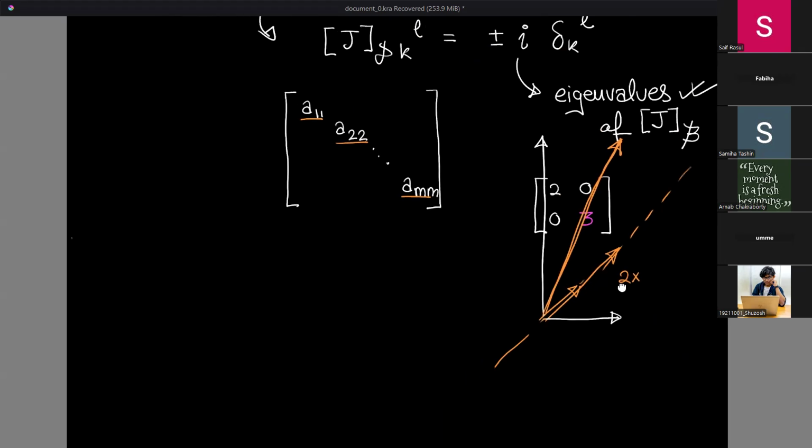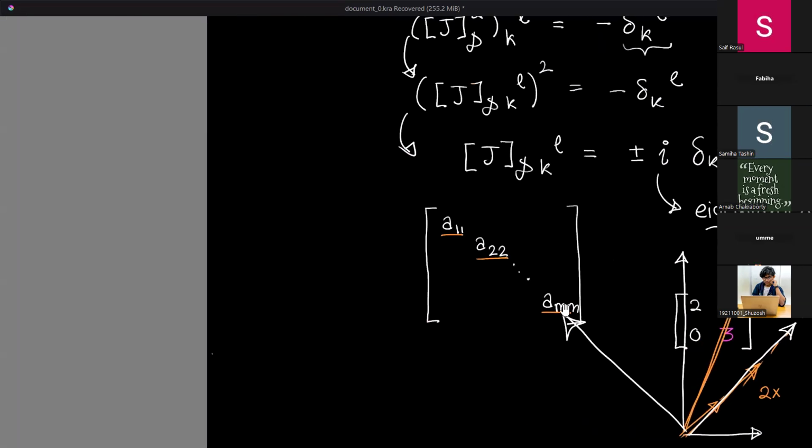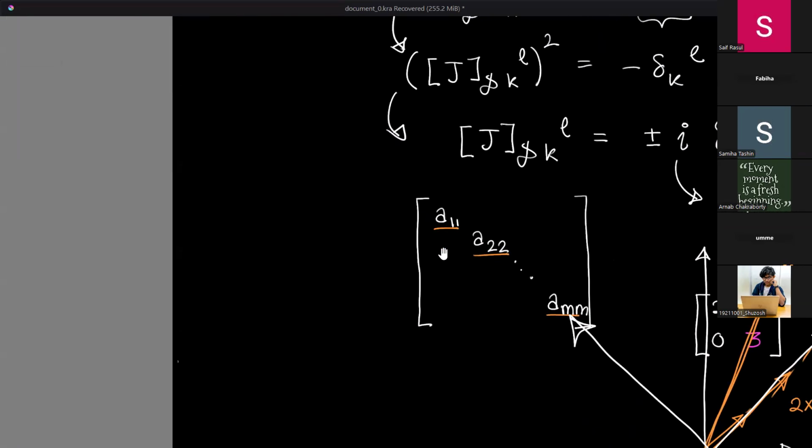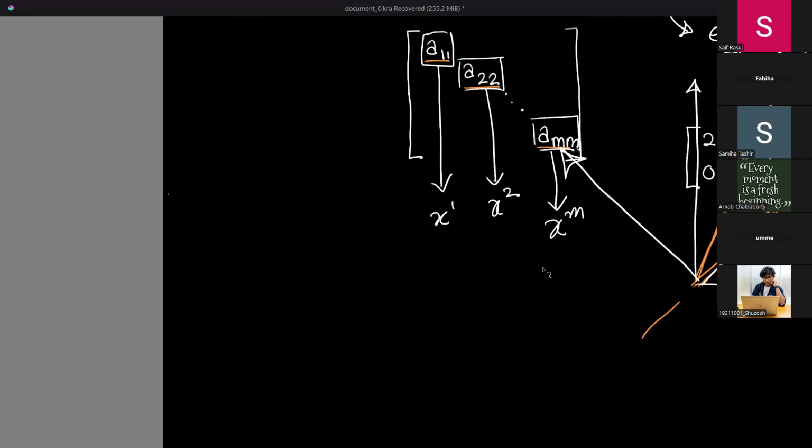But what if that was our basis? What if this was the basis that we were working in? If this was the way that the basis actually looked, then we would just be scaling a vector along a line, right? So that would mean that each of these corresponds to one axis. This is for the x1 axis, this one is for the x2 axis, and this is for the xm axis. And each of these corresponds to an